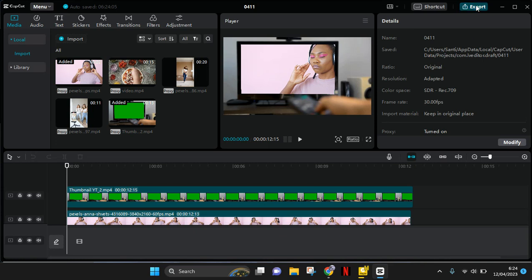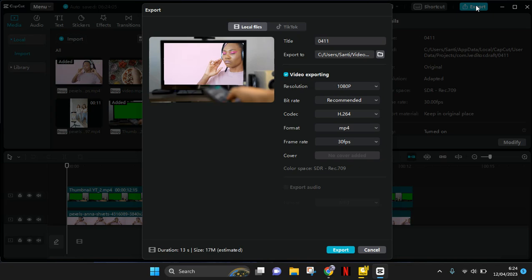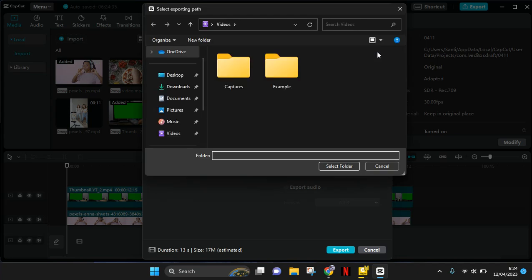Just click on export first. So before you export the video, you can easily find where the video will be exported. So in here under the title there will be an option to export to. So this right here is the direction, or where the file will be located. So you can just click on the folder icon in here before you export, and make sure that you get the folder right. So in here my exported video will be saved in the videos